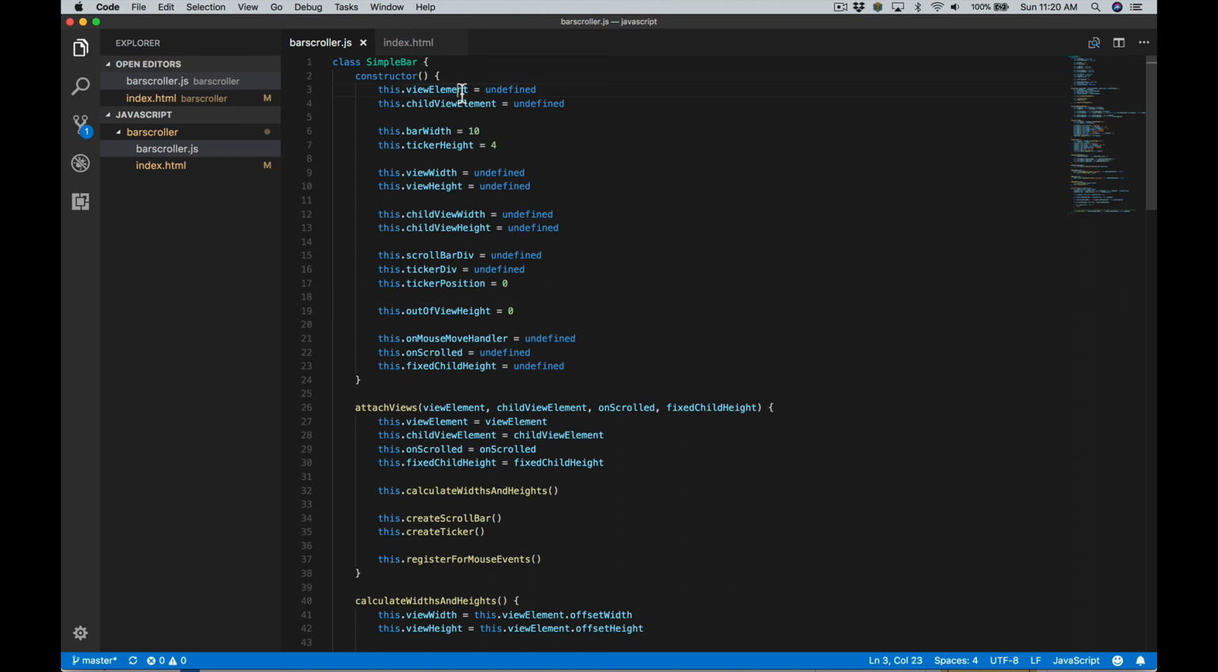properties. But we have view element and child element, which are the views that we're managing. The width of the scroll bar is the ticker height, view width, view height. We're going to just do some calculations to get those. Same thing with child width and height. And then we're going to create the scroll bar div at some point when we attach our view, and the ticker div as well. And the ticker position, I don't remember if we are going to use that or not, but